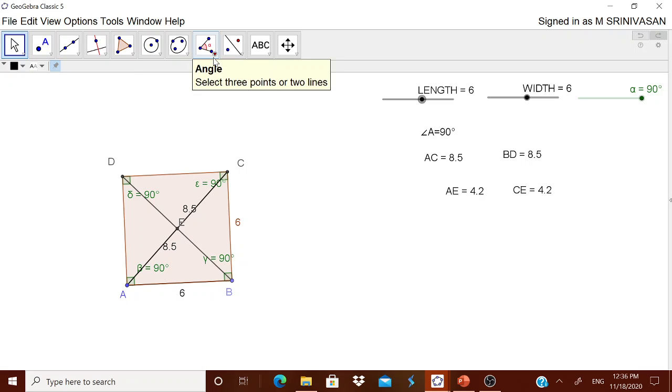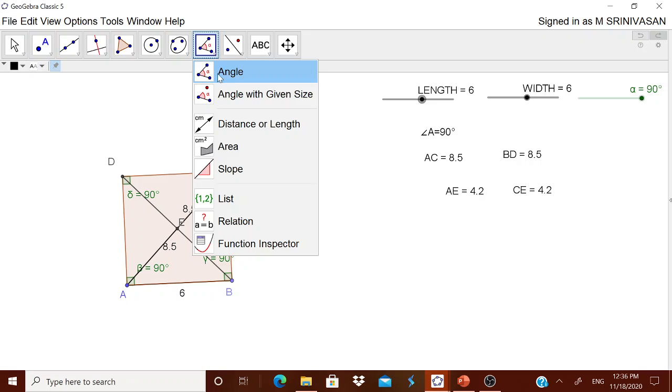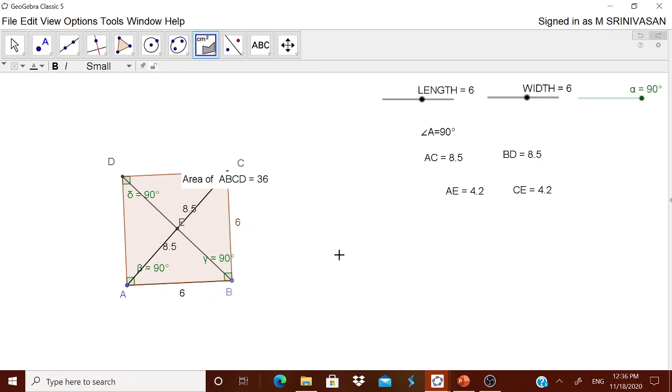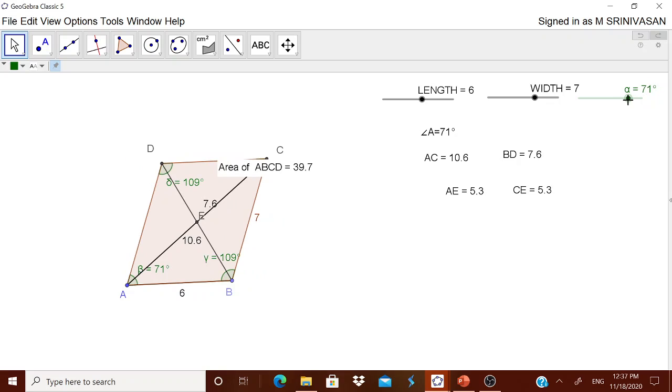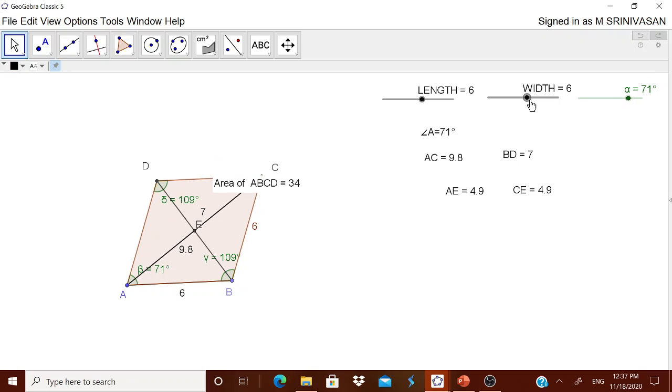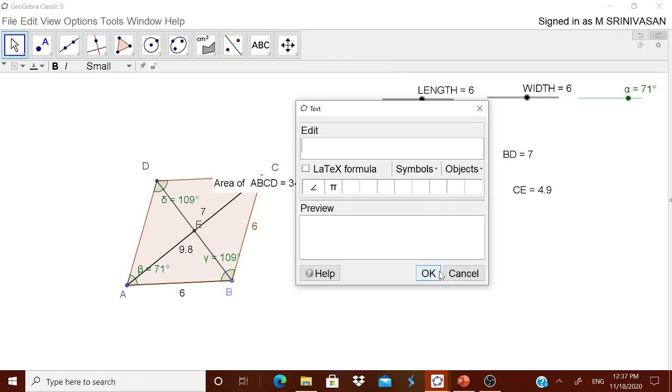Not only that, one more thing you can do is by simply clicking this area, you can ask them to find the area also. For example, when I am changing it, you see, this is the area of the square. Suppose I convert it into a parallelogram, you can ask them to find the area of a parallelogram. If it is converted into a rhombus, then you can ask them to find the area of the rhombus also. Now area can be displayed here. I think I have already discussed it in one of the videos. The area will be normally